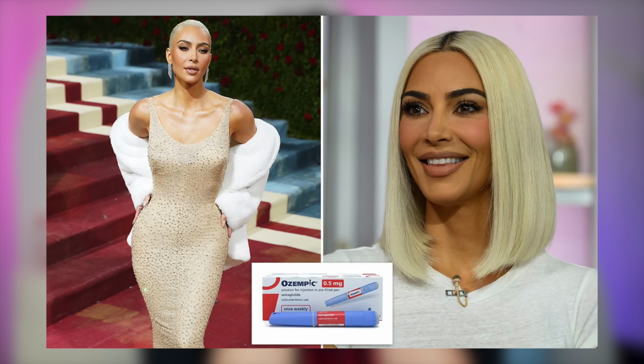The Kardashians, for example, have been rumored to use it because of their really extreme body transformations recently, with people accusing them of having fillers and implants removed, but also being on Ozempic. Julia Fox has been rumored to have used it, even though she denies this. But most noticeably, Mindy Kaling, who sparked rumors of her using Ozempic when she showed up, I think it was